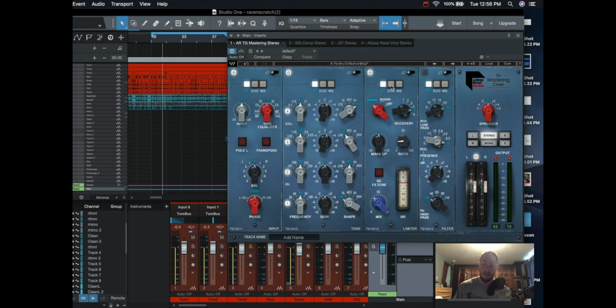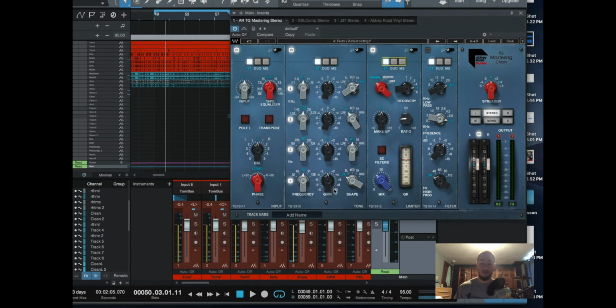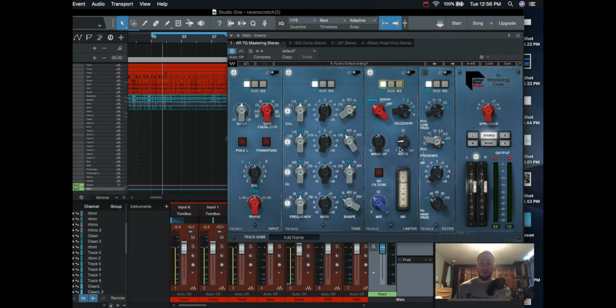And you also have a duo and a mid-side selection here. For most of these, I'm doing stereo, so it works on both left and right at the same time, just one selection. I don't need to get into changing my left and right separately, which is what duo is,